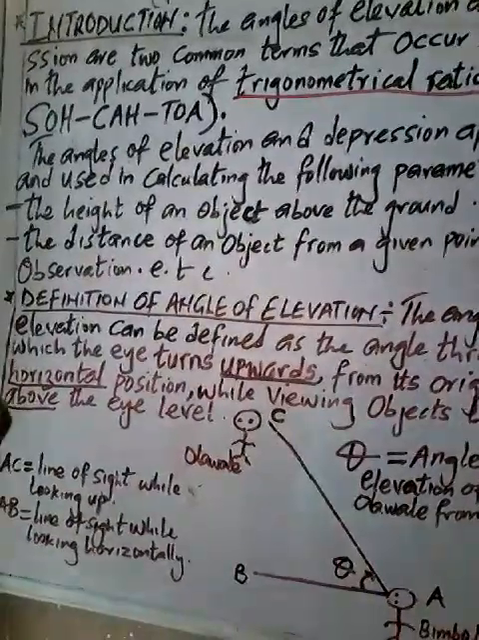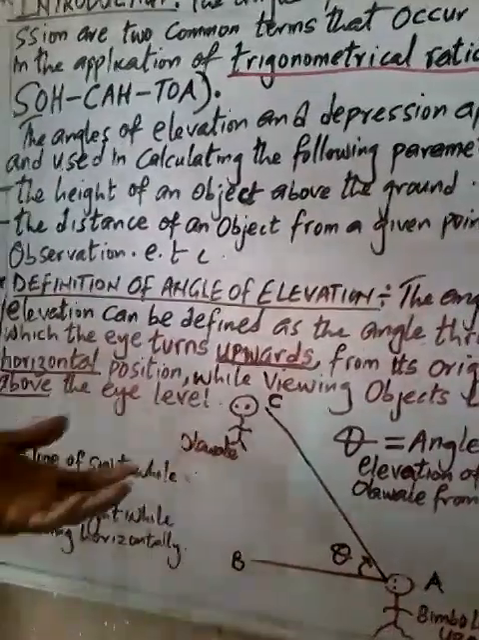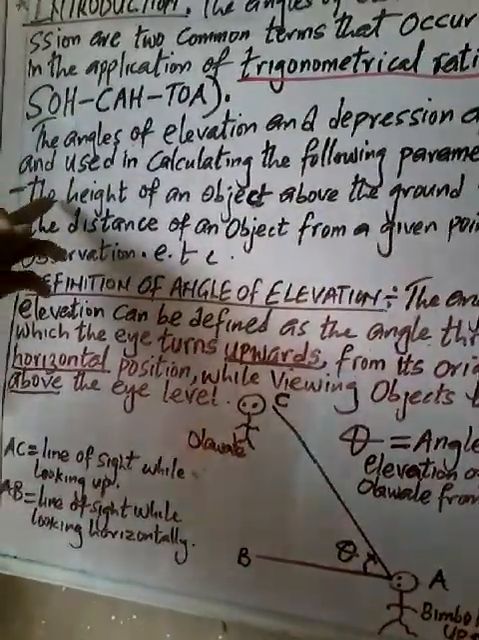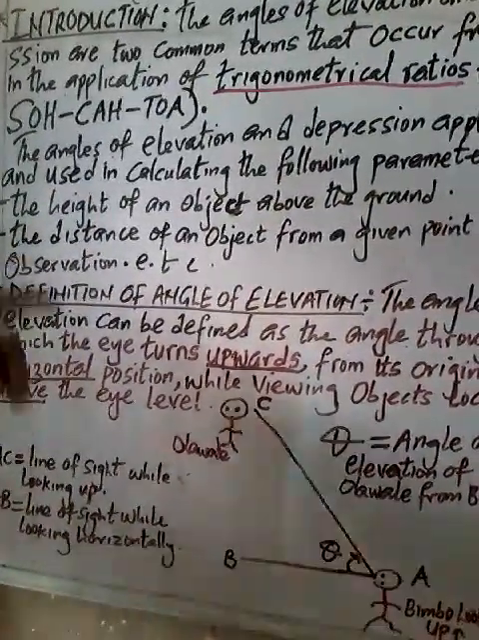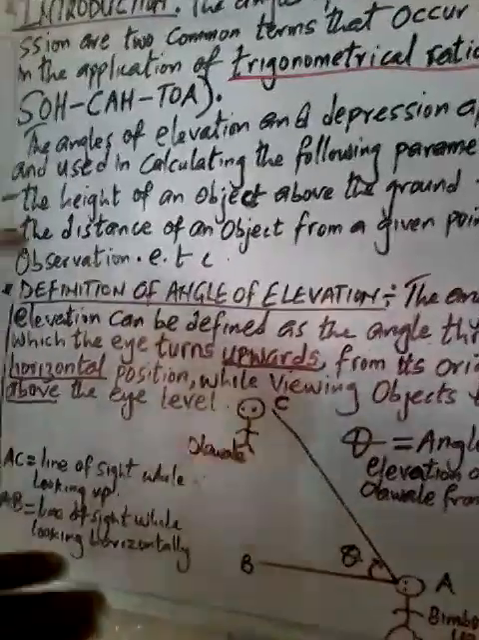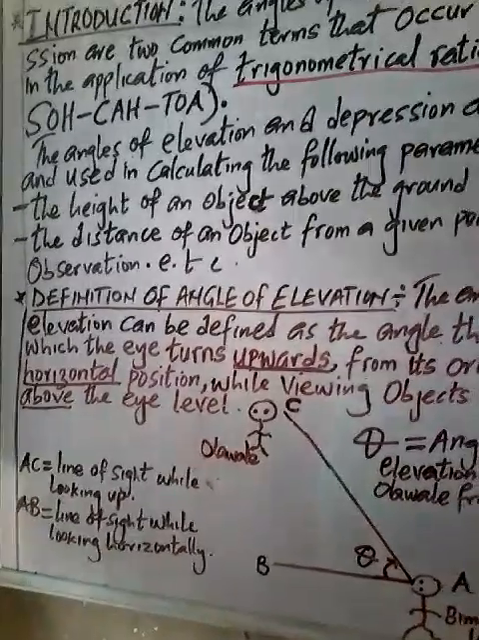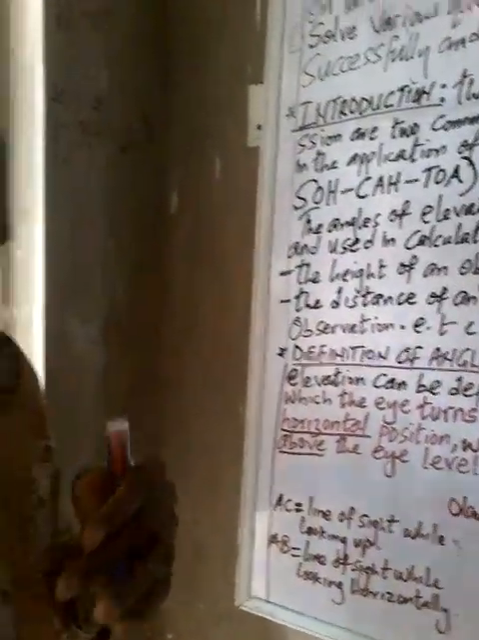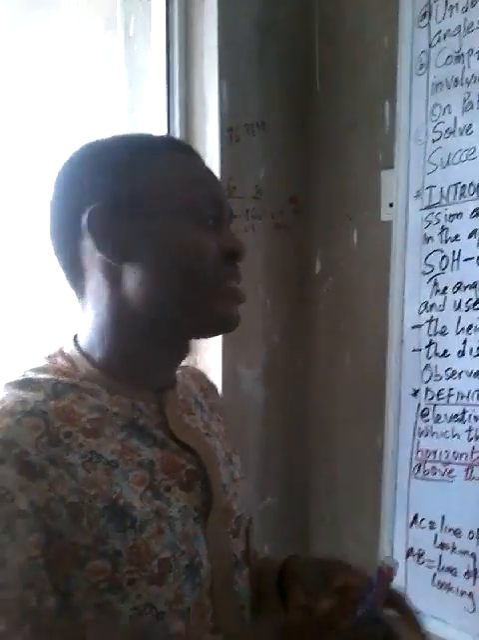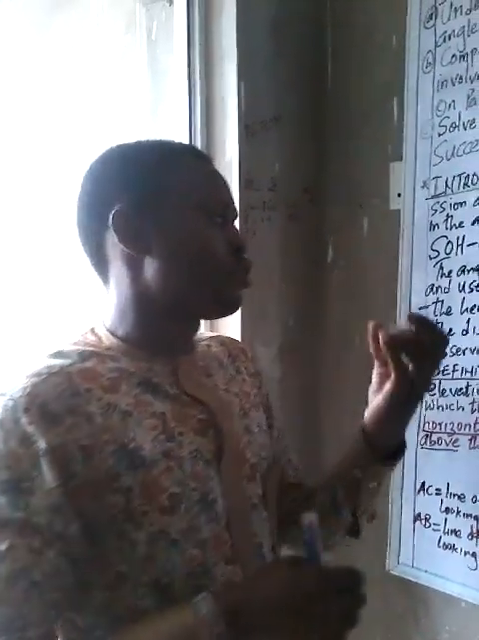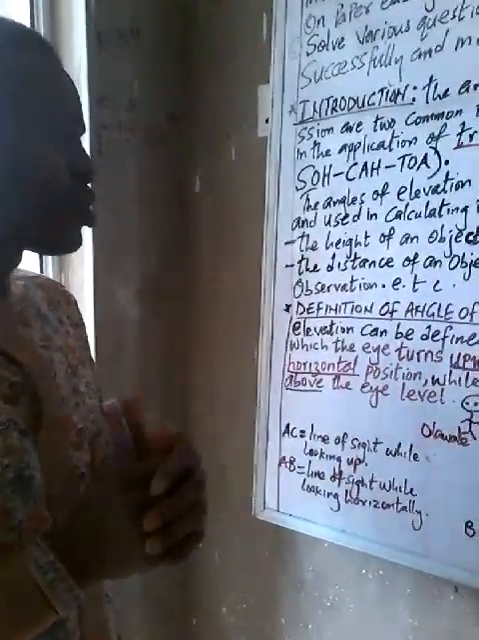can be applied and used in calculating the following parameters. That means the application. What can it be used to solve? It can be used to solve the height of an object above the ground. How high or how tall is an object? Number two, it can also be used to find the distance of an object from a given point of observation. I'm here, I'm looking at something above my height, at a particular distance away. That distance of that object to my eyes can be calculated using the angles of elevation and